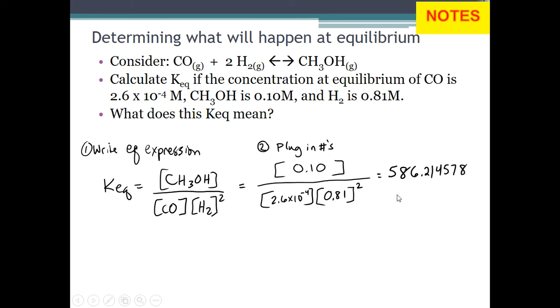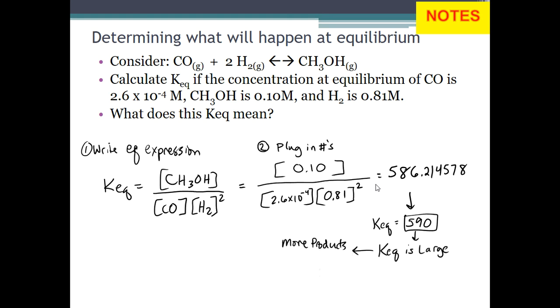And then if you're smart, you'd calculate it, write it all out, and get sig figs with it. There's two sig figs. So it's about 590 for the KEQ, right? Now, what does that mean? That is a big KEQ. It's much bigger than 1. So what does that tell us? That means that this thing favors more products when it's at equilibrium, when it's reached its magical balancing point. So it favors the forward reaction. Essentially, it's a big number. So that means that there's going to be 590 times as much products as there is